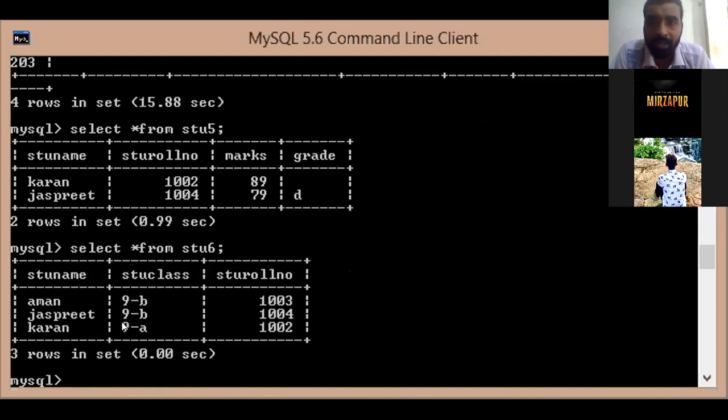Different fields are there. So if you are going to insert data from any of these to any of these, there will be a problem because the fields are not matching. So what you have to do, you have to create a table with the same field names. If you have created with the same field names, then only you can insert the values of one table into another table. Have you understood?